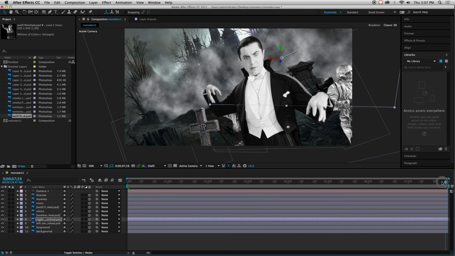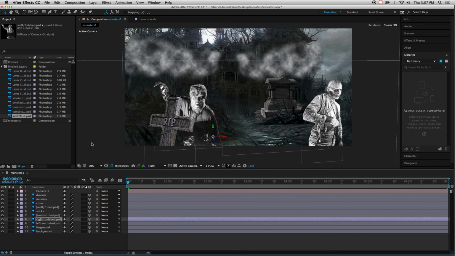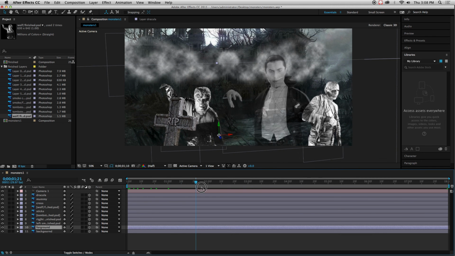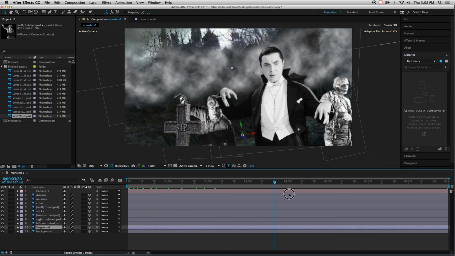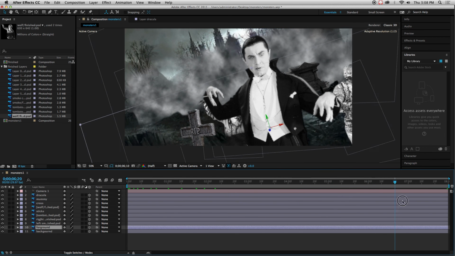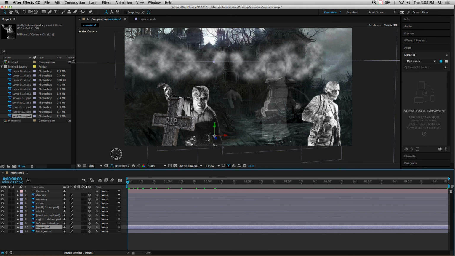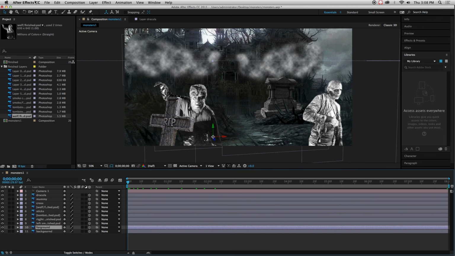There we go. So as I scroll through here, I see a lot of motion going on. Fading of Dracula, fog rolling in, background fading out or moving out, all those rotations. Pretty dramatic animation. And next time we'll see how we can do some